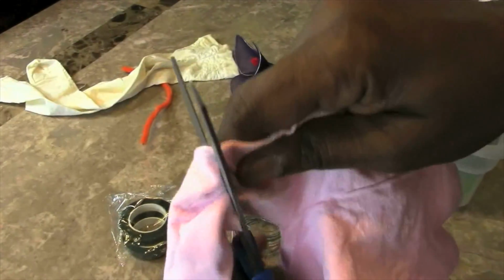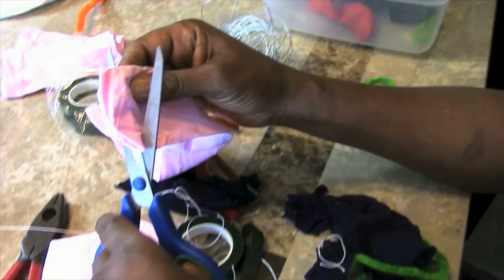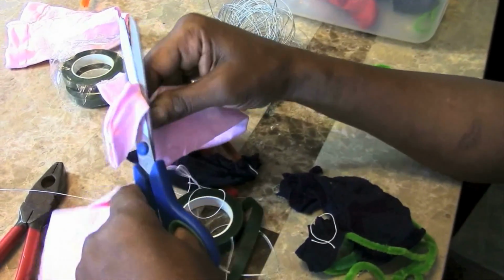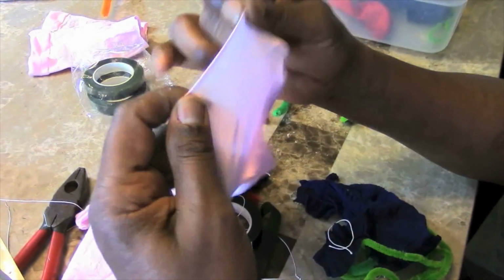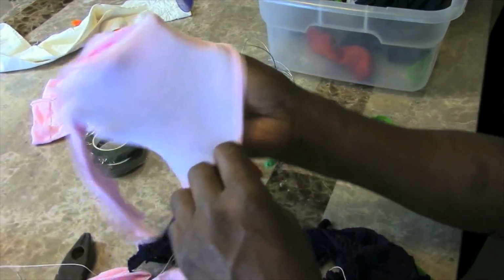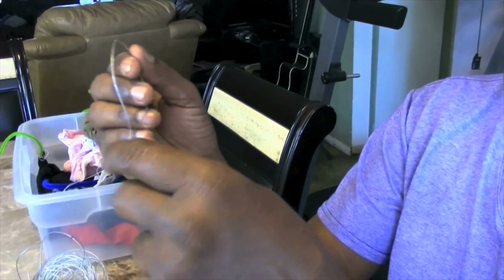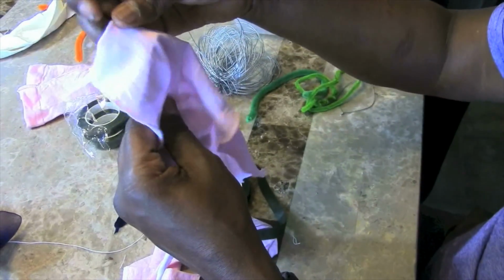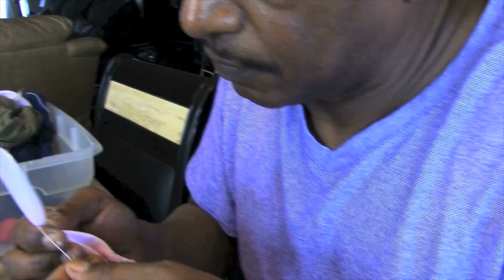So now he's going to do this beautiful baby pink, and what you want to do is cut the legs off the body of the pantyhose because you can't use the body and you can't use the tips. Okay, you can't use the toes. So he just tosses those, and it's just a matter of cutting open the leg from the pantyhose, and he's using these really dull scissors. I bet you he wishes he had gone out and bought some scissors before he started this project. So now he's showing us how to wrap it again, and it's basically done the same way like he did with the